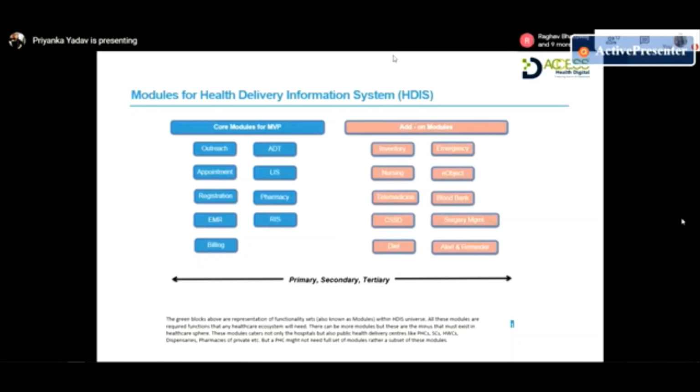LIS: without LIS, a hospital cannot survive, because all the investigation orders will arrive at a lab department, and they will have to manage results against each patient for each type of investigation that was ordered for the patient. Pharmacy: again, without a pharmacy, we may not survive, but definitely we can, even if we just have the capability of ordering medication, the patient should be free to go to any pharmacy, or if there is interoperability or direct